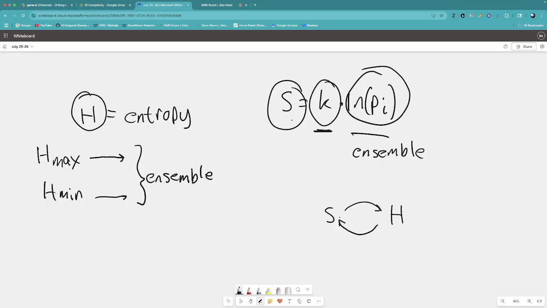I have a video on this on the YouTube channel where I go over some of these different equations. I go over thermodynamic entropy. I go over Shannon entropy, as some people call it, and kind of how they're related. Now, they're not related necessarily directly, but they have the same structure. They have the same sort of properties, and they're both dealing with these ensembles.